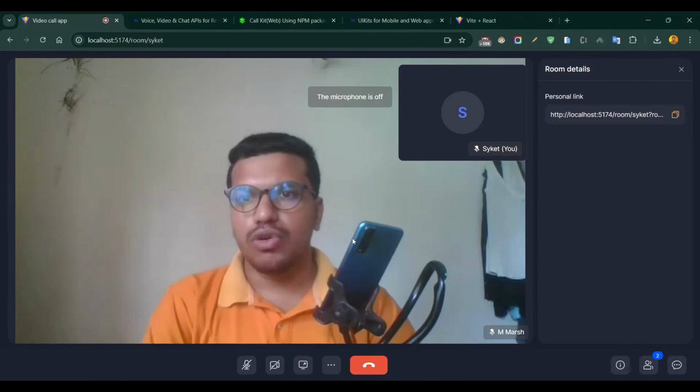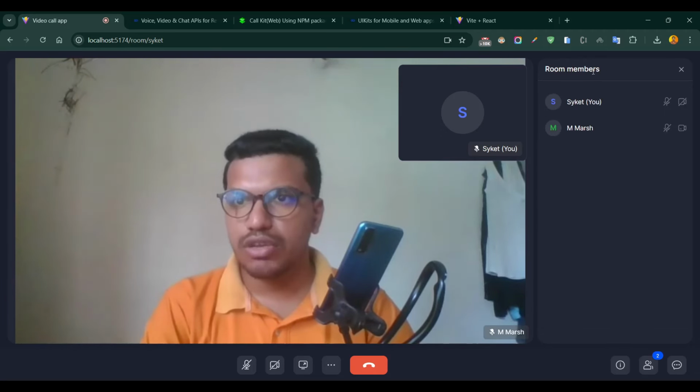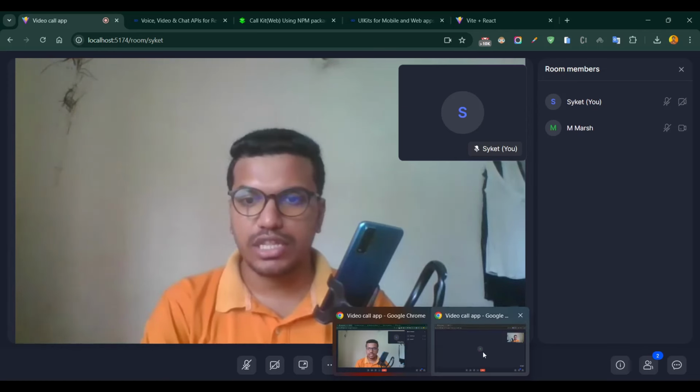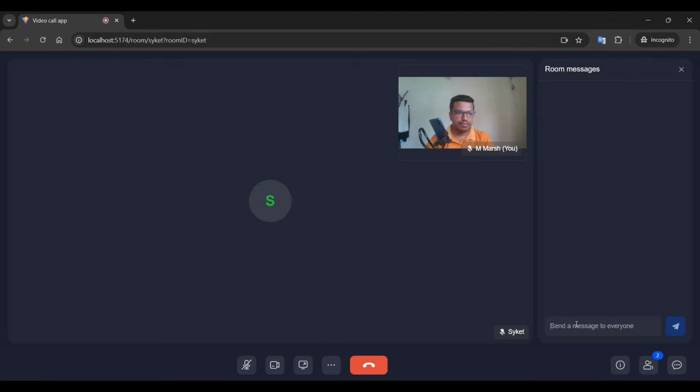Now you can see there is a 2 here. If you click on that users icon, you can see me, Saikat is me, and Mitchell Marsh, the person that recently joined. And here you can see the UI, right? If we test the real-time messaging system, if I write here, hi from Mitchell Marsh, hi from Marsh, hi from Marsh,